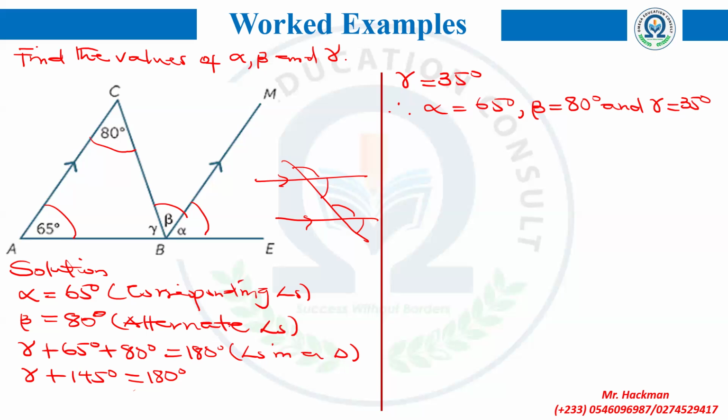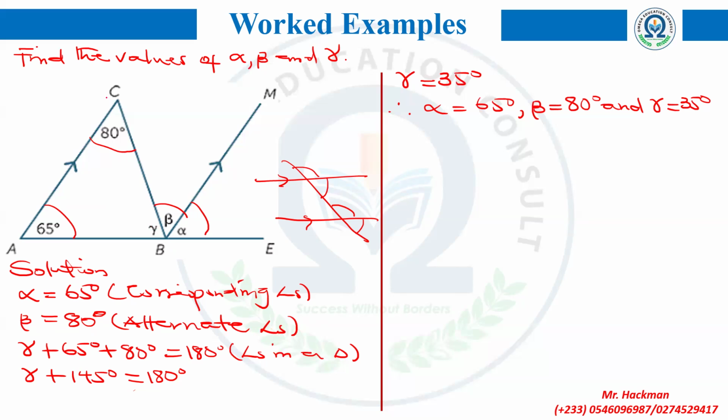So you just write alternate angles. And alternate angles, what is the property? The property is that they are equal. So you don't write "they are equal." Just write alternate angles. That's why you are writing beta is equal to 80 degrees. Then after that, we can find